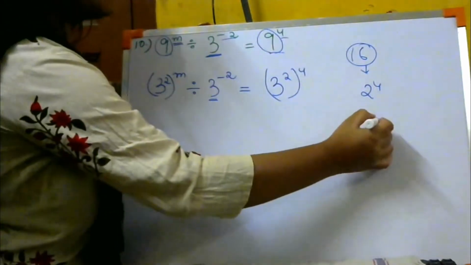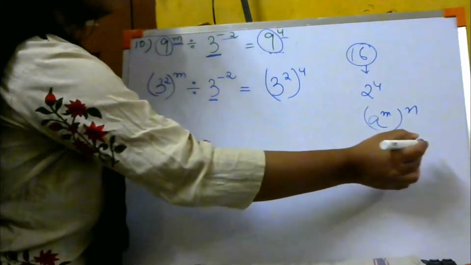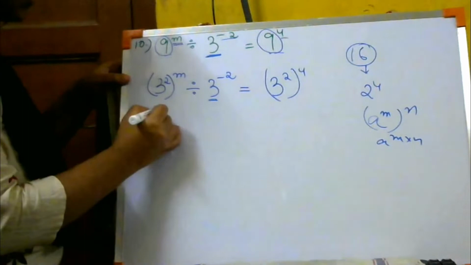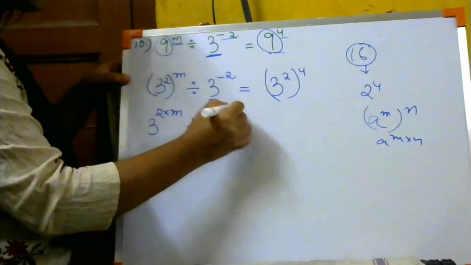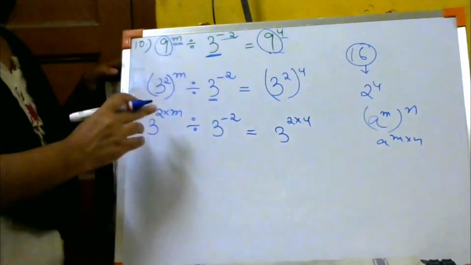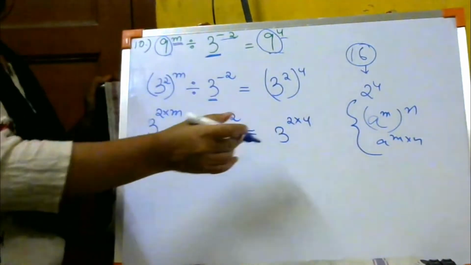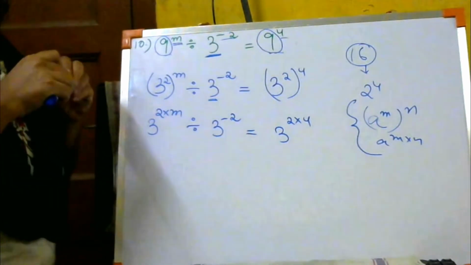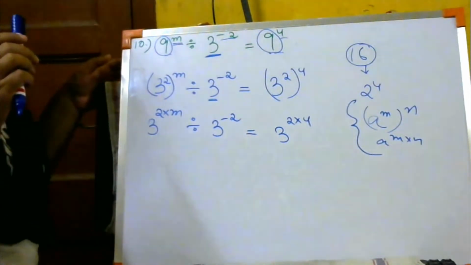Okay? Now do you remember this formula? (a to the power m) to the power n is a to the power m into n. We are going to use this over here. 3 to the power 2, with m outside. So we can write 2 into m divided by 3 to the power -2 equals 3 to the power 2 into 4. I will not elaborate what I did over here. I have written the formula over here. You are going to apply your basic rules. Clear? Every time I am not going to explain. You keep your formulas at your fingertips. Keep the laws completely mugged up. I want you people to mug up the laws. Otherwise you people cannot solve these sums.